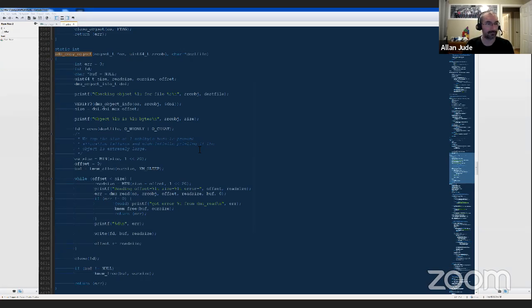So I wrote a little function called ZDB copy object, and basically on the command line, you can run ZDB with the flag. You tell it, here's the dataset, here's the path to either the object number of the file or the path to it relative to the dataset. And then the third parameter is some file that doesn't exist yet on your system. And it basically iterates through it using DMU read to pull out chunks of that file and write them to the destination you specified.